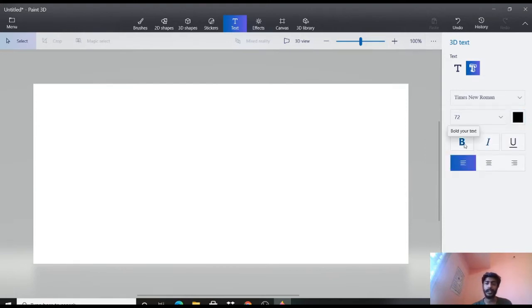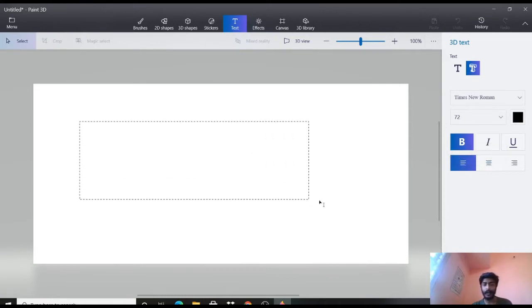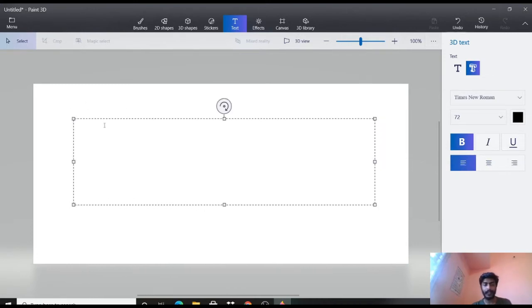If you wish to have a bold text, you can click on the B option here, and the others, underline, etc., are there. And this is the alignment: left, centered or right. So let's make a rectangular text column here by dragging the cursor towards the corner. This is normally how you do it, even in your PPTs or in Microsoft Word, how you drag a text box. In the same way you will have to do it.